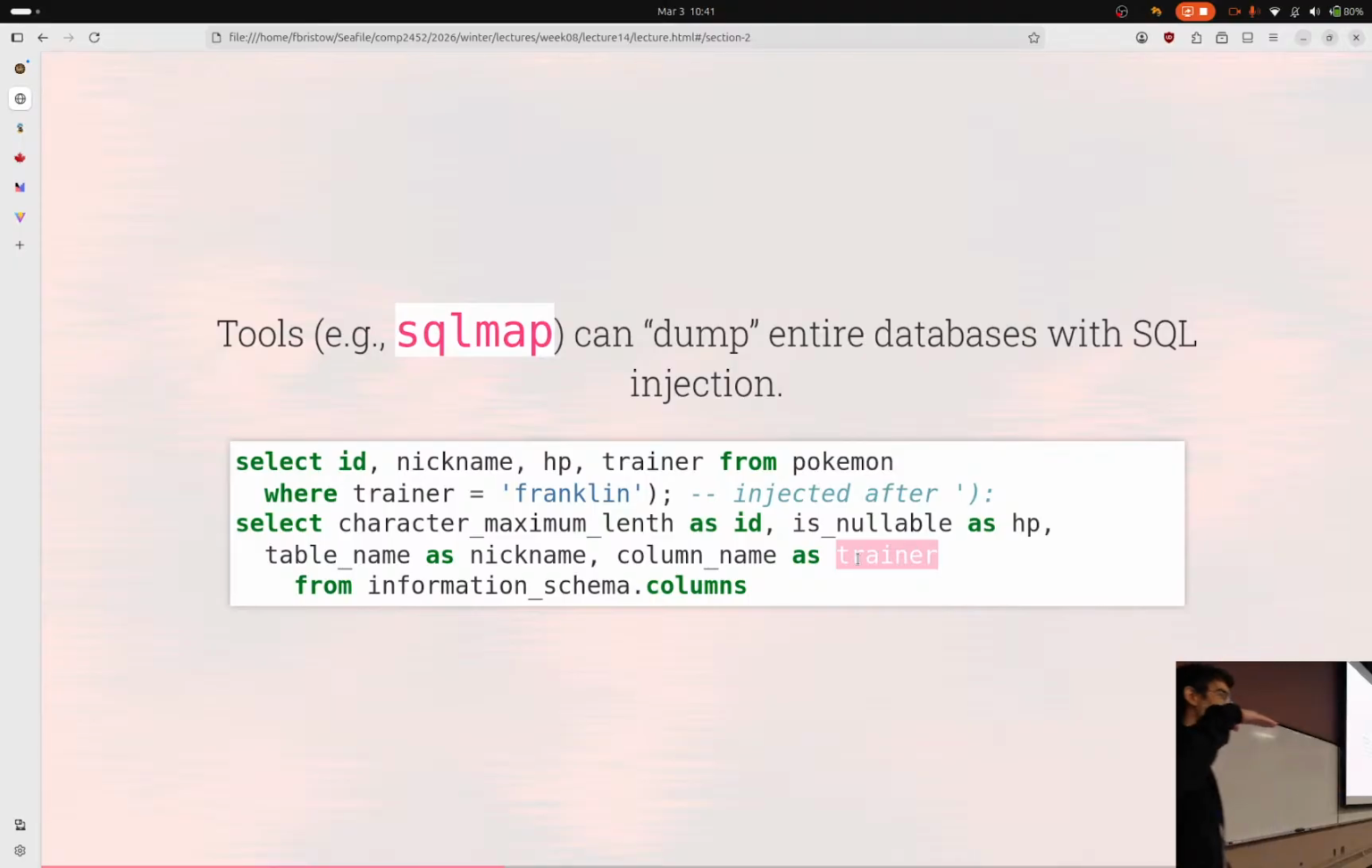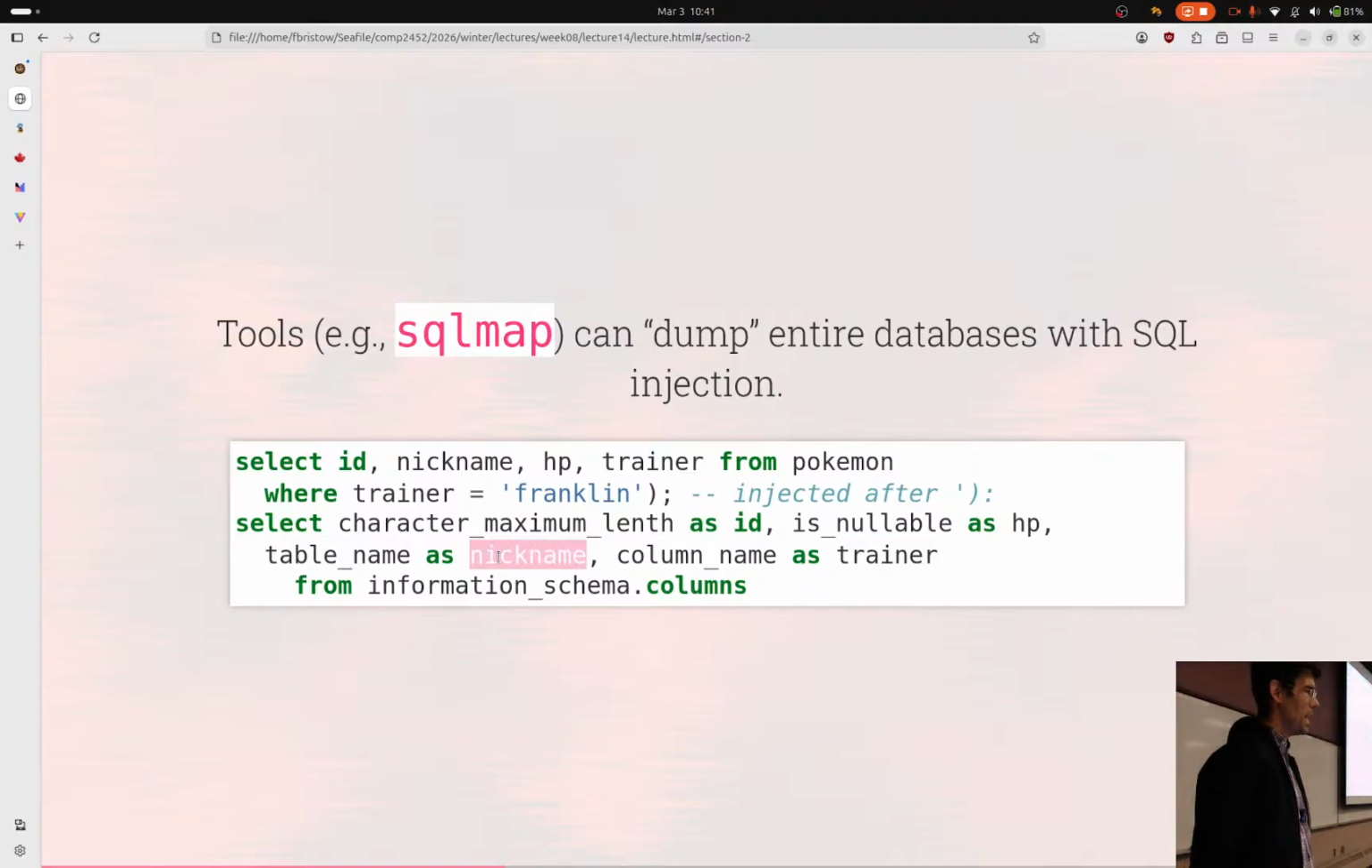And when this shows up in my page that lists my team of Pokemon, it's going to have the list of Pokemon, but it's going to say things like the table's name is the nickname. So all the tables that it's able to get out of this are going to be the nicknames that show up. Is nullable, so this is a true or false value. It's going to show up there as like 1 or 0 to say that this is the current HP of this Pokemon. And so it's going to be tedious and painful to get all this information, but